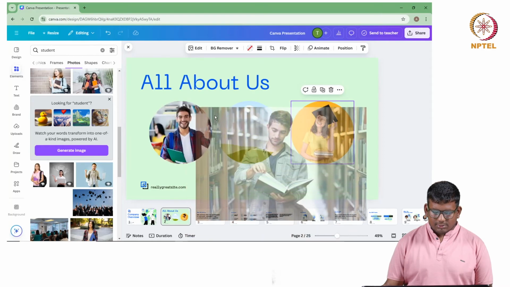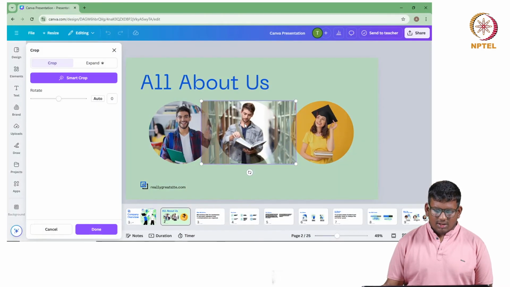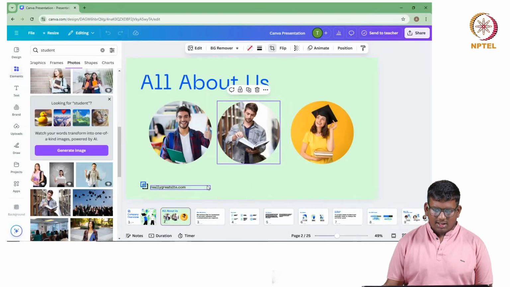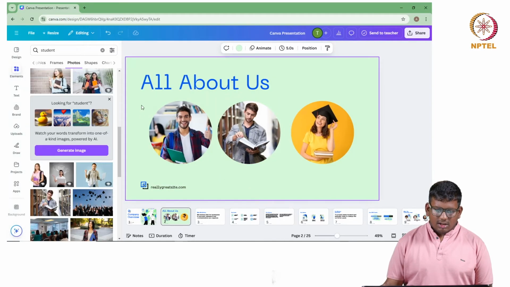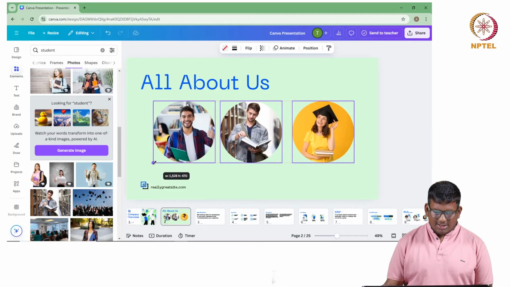Let's go with this one. So you can move it onto the center one. You can just adjust it by centering it. So that's it. Now this is a little bit big. I just want to display text also. So you can select all of them, like as we select in Windows, and you can resize it.